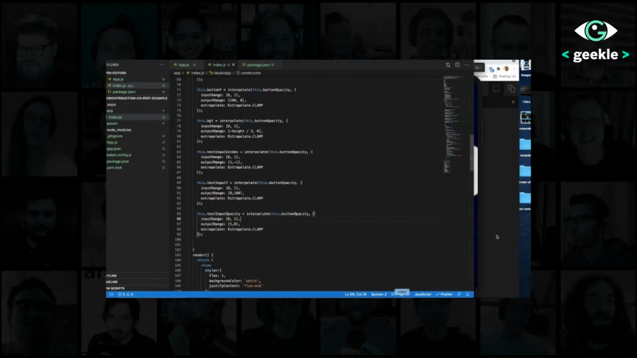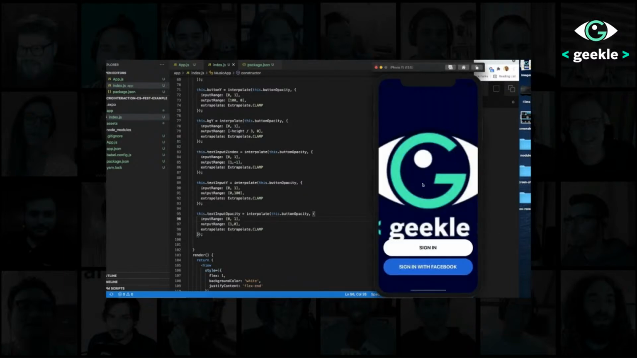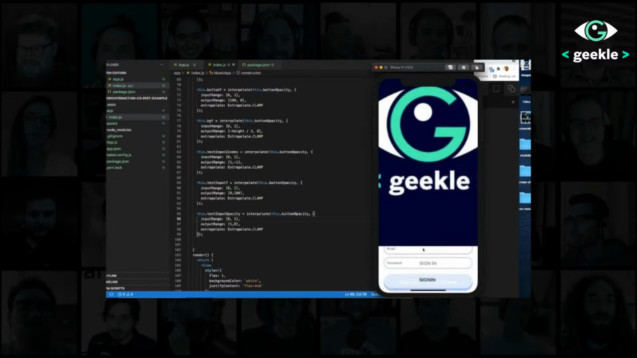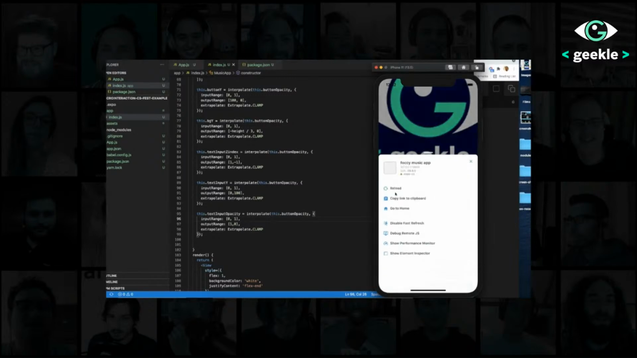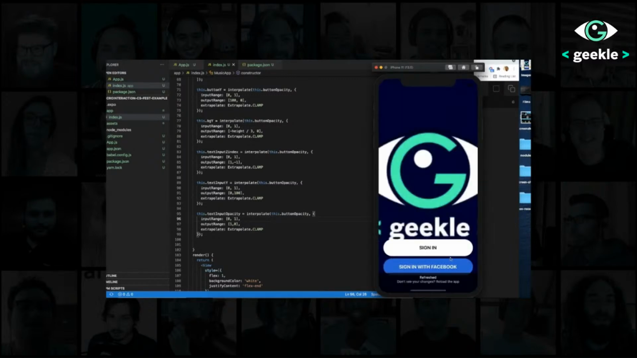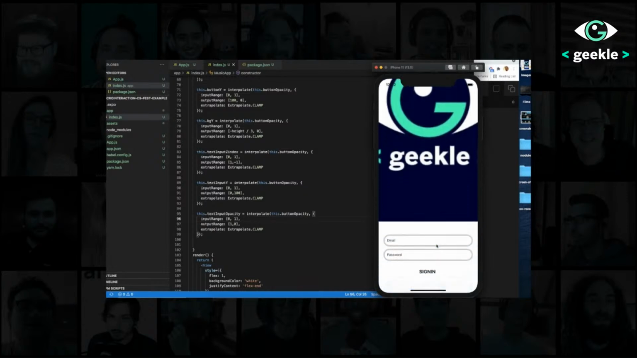Let's save this and reload our application. Let's click on sign in now. And as you see, it slides in smoothly. So let's retry it one more time. Let's try it. Super. So this is one of the easiest micro interaction examples, in which once the user